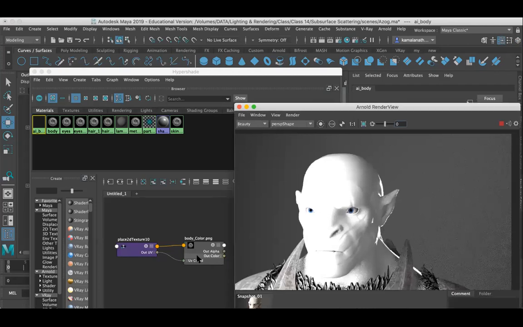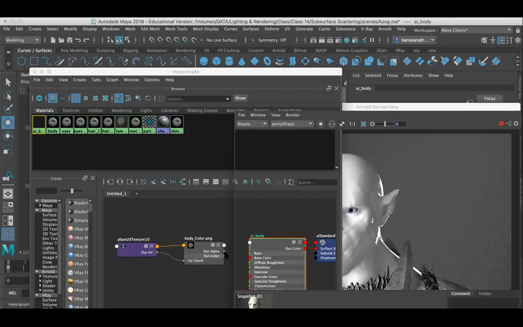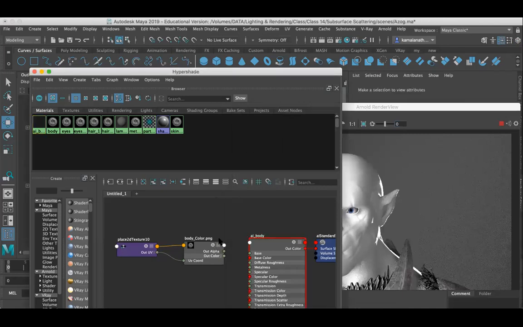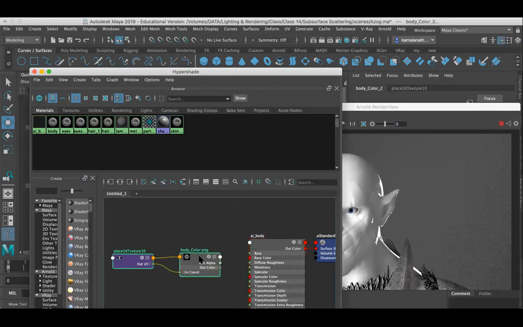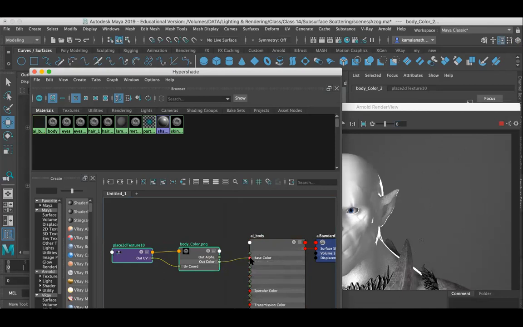I think you might be familiar with the texturing part when you learned modeling and texturing. I hope you learned how to handle the image texture with the material. Now you can see the output color. I'm going to drag the output color and add this to base color.